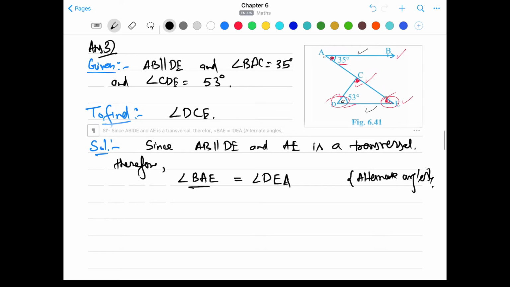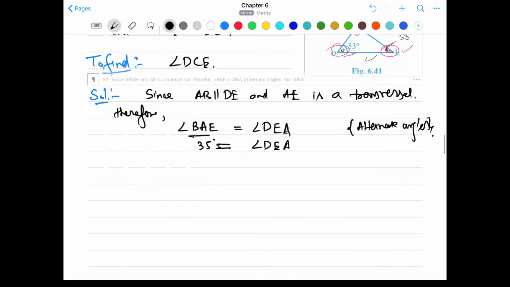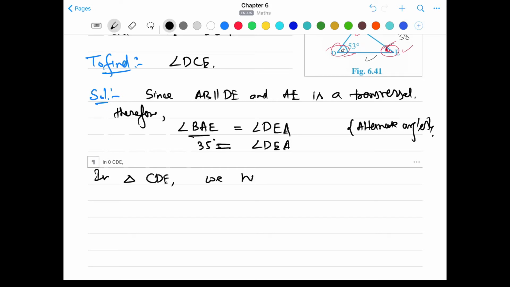Okay, BAE is already given, which is 35 degree. So angle DEA is also 35 degree. So this angle is 35 degree. Now you can apply the angle sum property in the triangle CDE. So apply in triangle CDE, we have